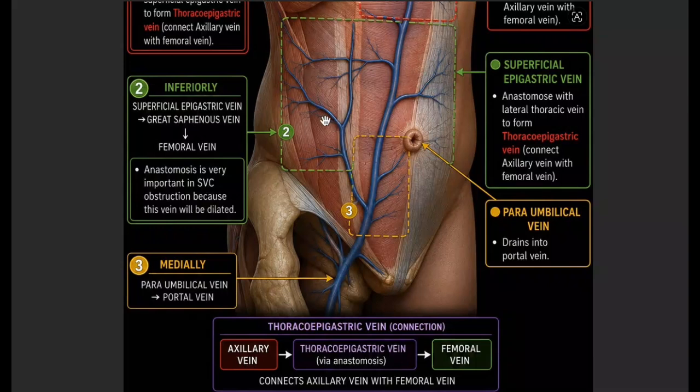And then while following the ligamentum teres, these paraumbilical veins are going to drain into the portal vein. So this actually forms an important portosystemic venous anastomosis. Okay. So that was about the superficial drainage of the anterolateral